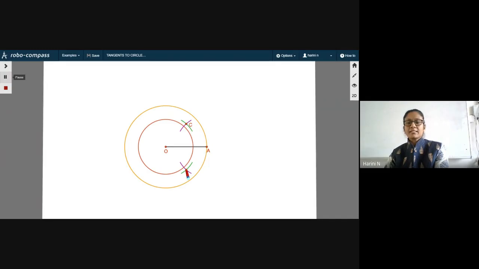Once you have marked the points of intersection, join them with a straight line. And wherever it is intersecting OA, that will be your midpoint of OA. I call it E. What is the next step after that? Once you have got your midpoint E, Ma'am, we should draw a circle on segment OA.